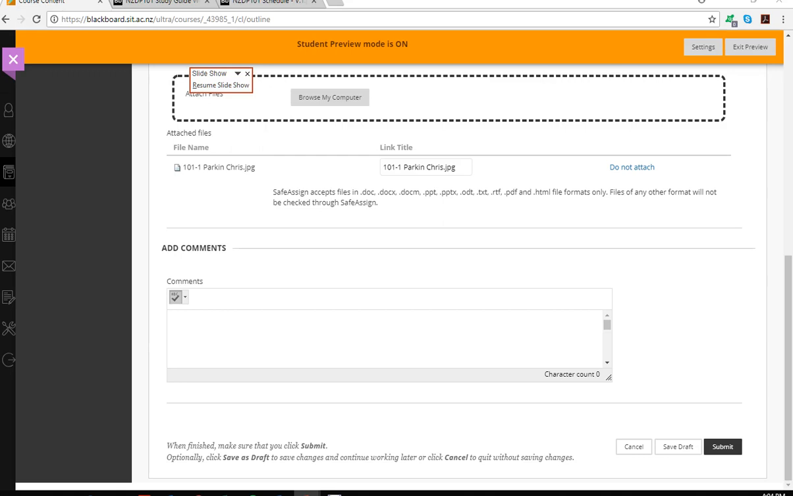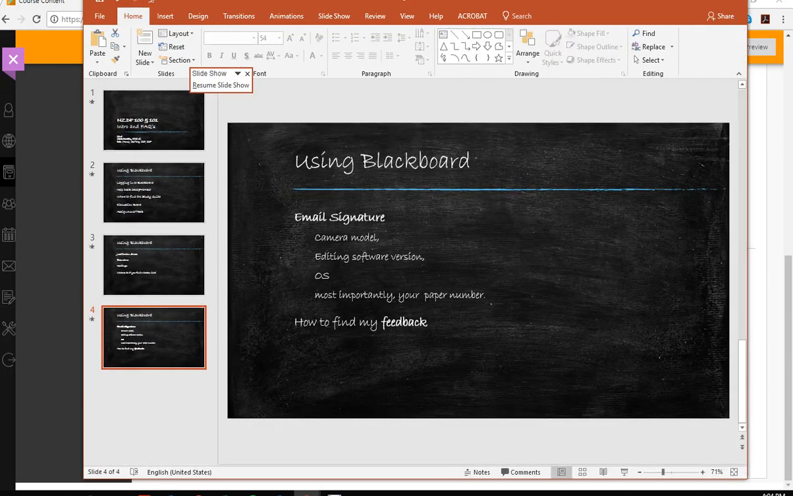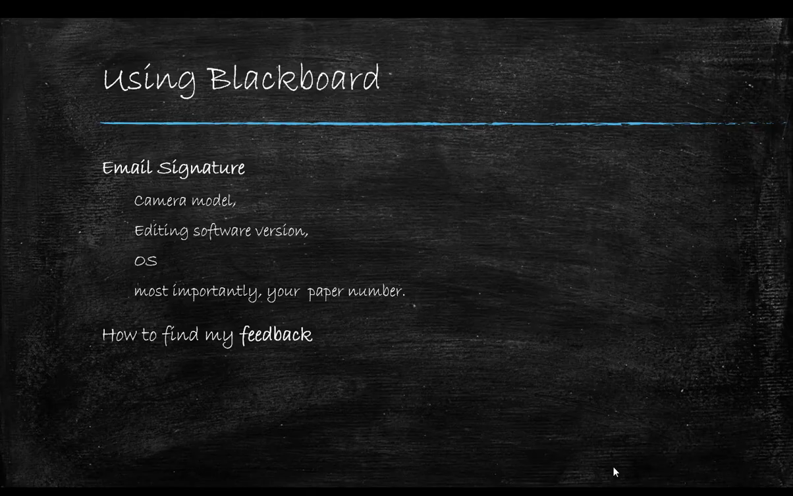Email signature. So this email signature goes on to all of your emails to your tutors, and the reason that we have it here is if something goes wrong and you're emailing your tutor, we need to know what your camera is, what your editing software is, what computer you're using, and most importantly what paper you're actually doing, because people forget to tell us that information, what it's related to, what the question is related to. So by having that as an email signature, it does speed up